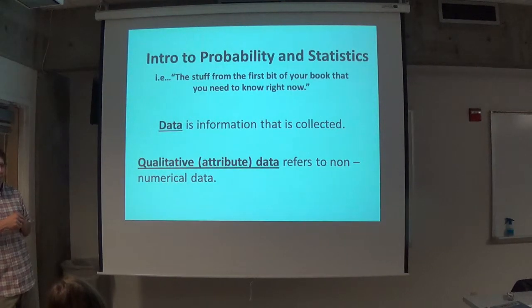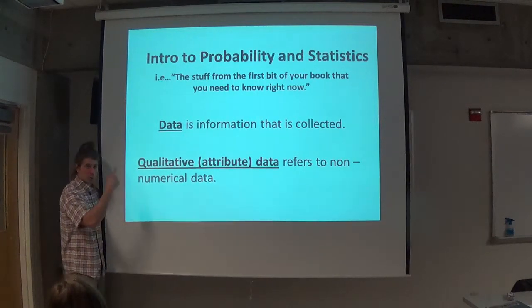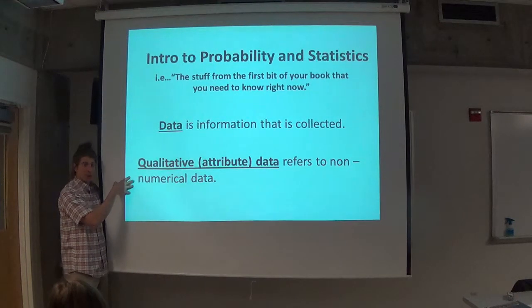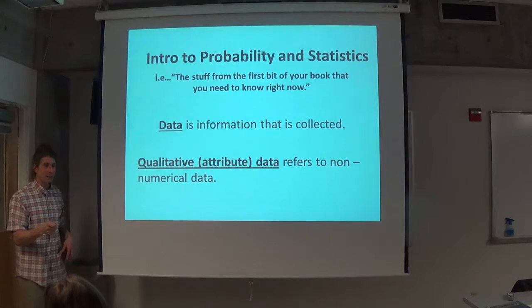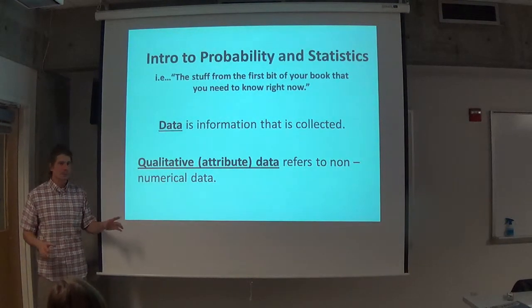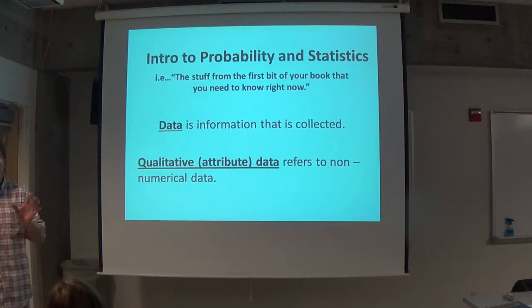Those kinds of things. Sometimes this can get tricky, and we'll talk about this more as the course goes on. Sometimes qualitative data can look like numbers. Like they may say, put a 1 if you have a Ford, put a 2 if you have a Chevy, put a 3 if you have a Lincoln. And then all of a sudden there's a number there, so you're like, oh, this is quantitative. It's not really, because if I changed the labeling of that, it would change the numbers, but it wouldn't change the meaning. And that's bad. You don't want to do that.